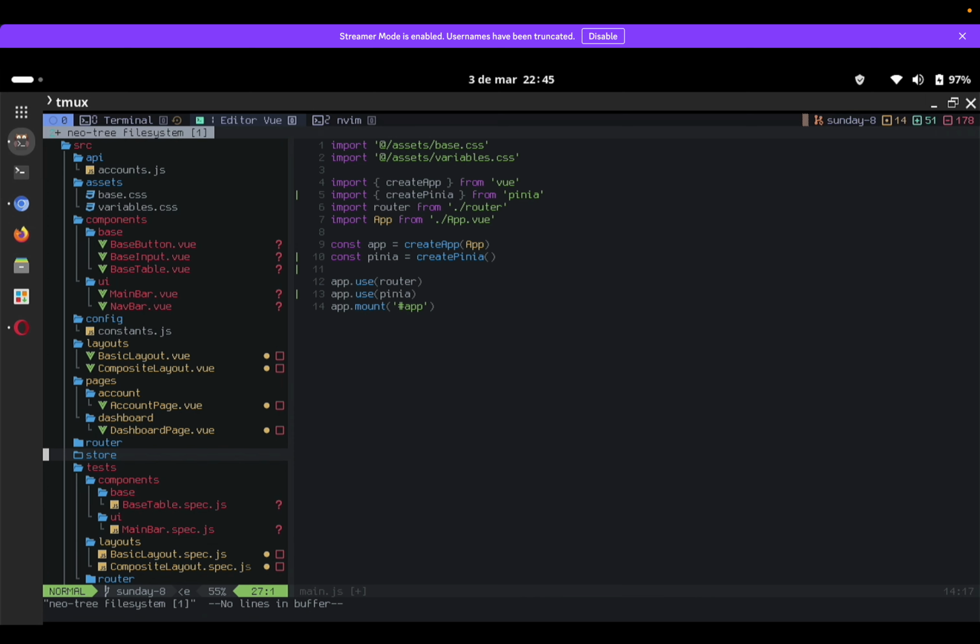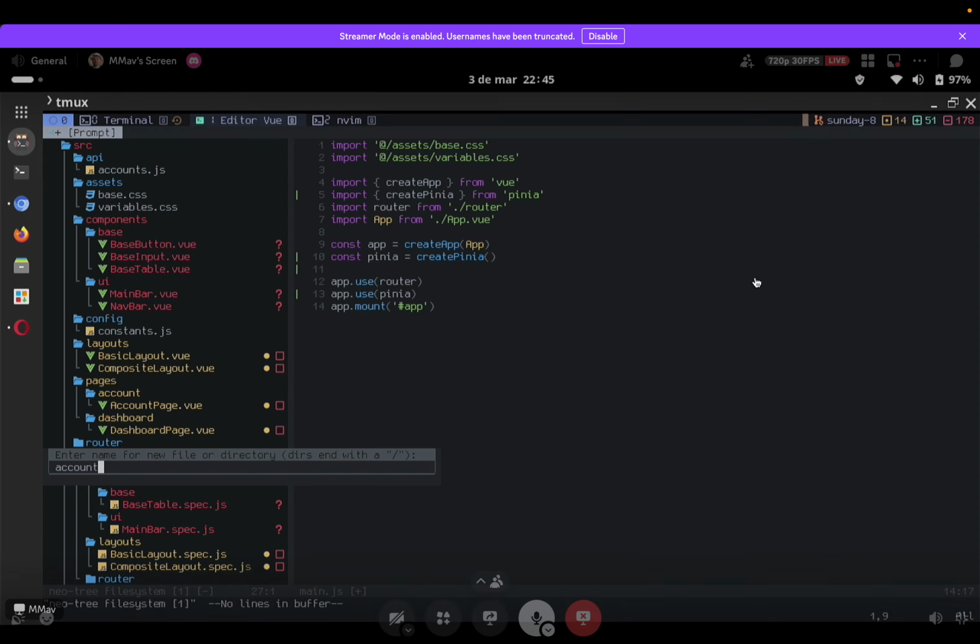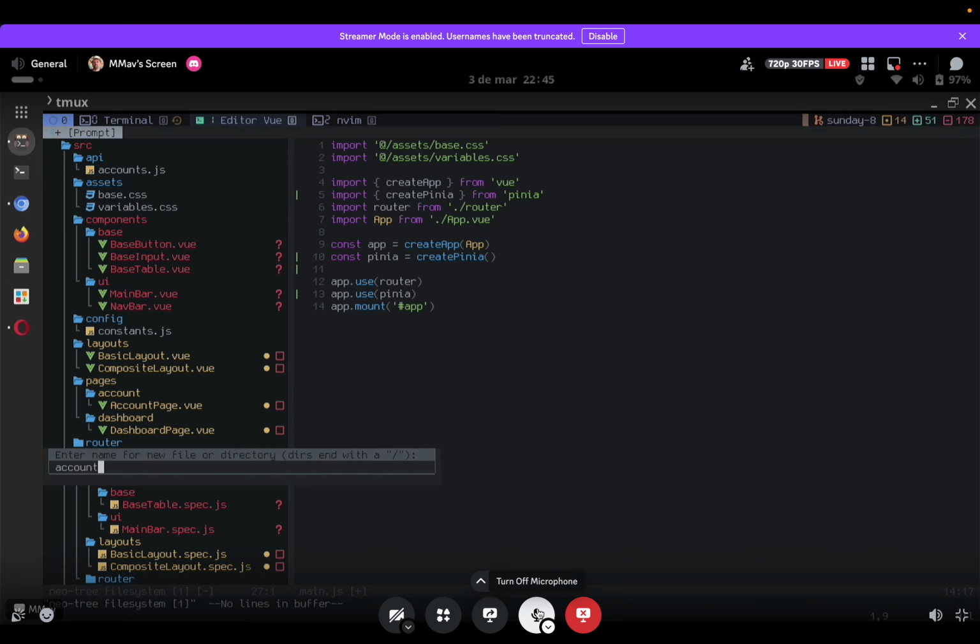For example, for account types we have a subfolder, and for accounts we have a subfolder. For each model we'll be interacting with, we'll go ahead and create a store for that. So accounts,